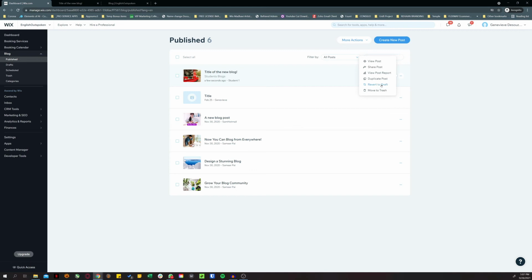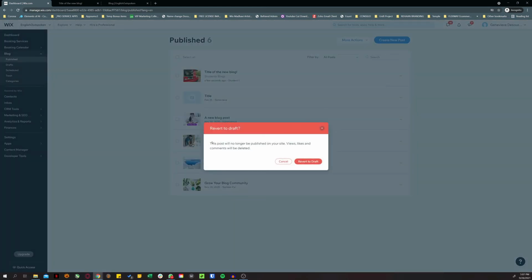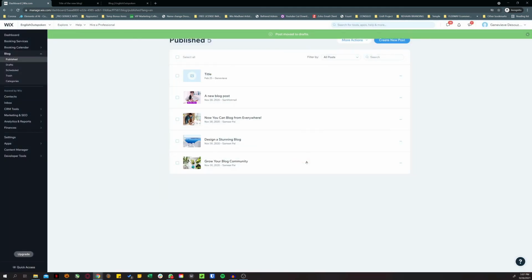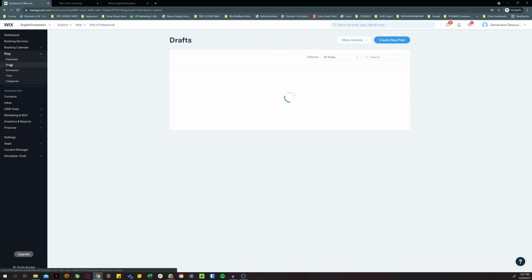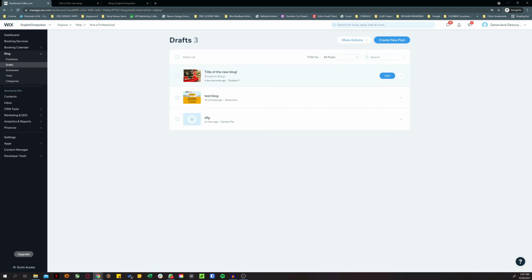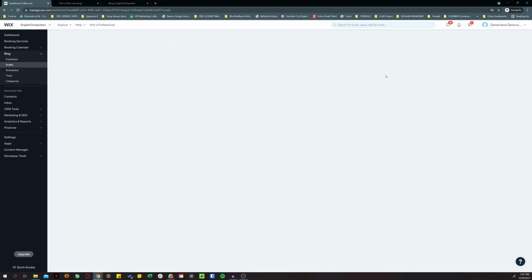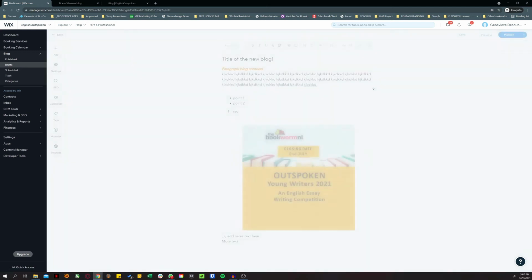You can simply click on this, and you can either delete it completely, or you can revert it to draft. So it becomes unpublished, but it doesn't get deleted completely, because all the effort that you spent creating this blog will not go to waste. You can revert to draft, and it will get unpublished from your main site, and the post is moved to drafts. So if you want to resume editing that blog anytime in the future, you simply go to your draft section here, and you'll see here it is. You can then edit, and then you're back to the editing page like we just saw.